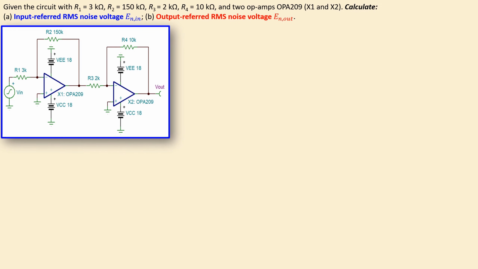We have the following circuit given. We have the two operational amplifiers, OPA209, OPA209. We have the resistors R1, R2 with the values shown here. R1 is 3 kilo ohms and R2 is 150 kilo ohms. R3 and R4 are then 2 kilo ohms and 10 kilo ohms. We see actually two inverting amplifiers in cascade. So what we want is the input referred RMS noise voltage and also the output referred RMS noise voltage for